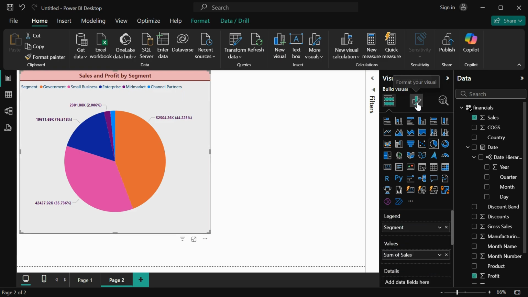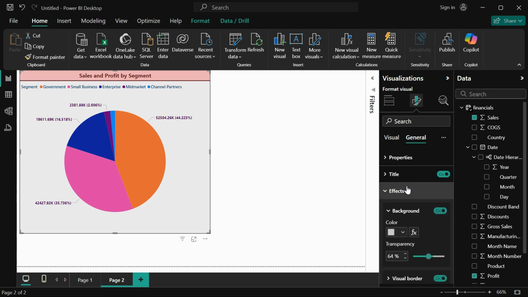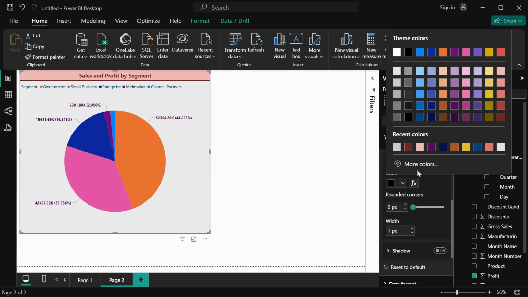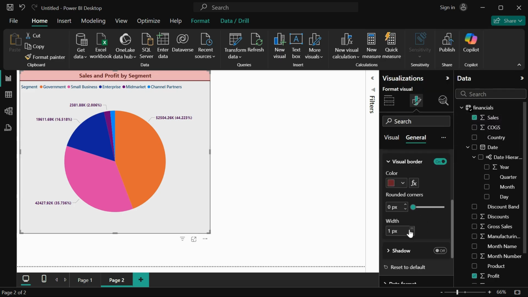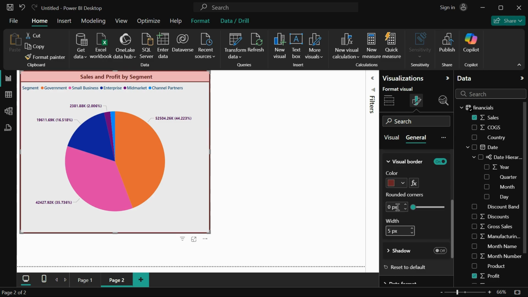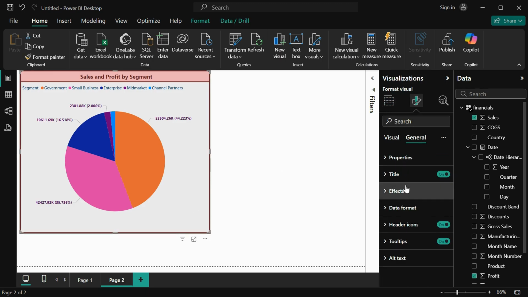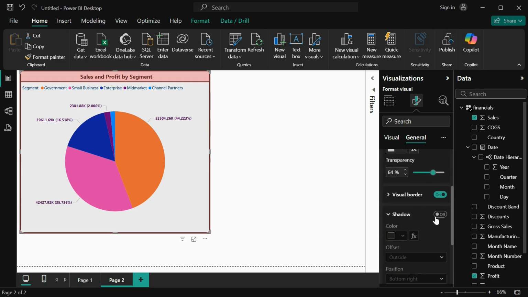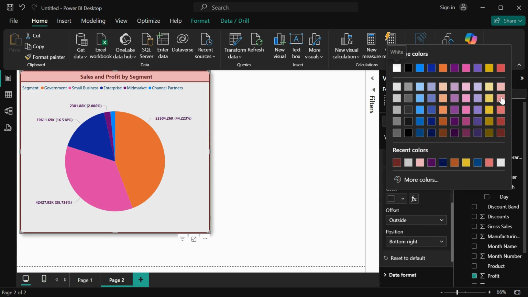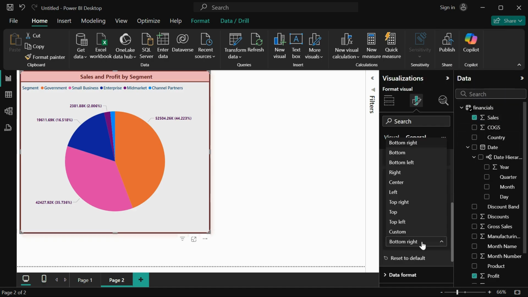You can update this as well, same by going to the effects, visual border, and you can change the color of this border. You can increase the width, right? If you see dark width here, you can increase the rounded corners, right? If you see a little bit of curve visible here, correct, this way. Again, if I go to general and effects, you can go with shadow. If you turn it on, then a particular shadow will be visible. You can change the color of the shadow, and you can set the position, right,